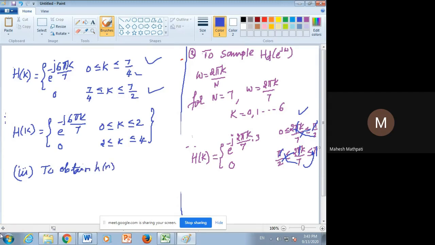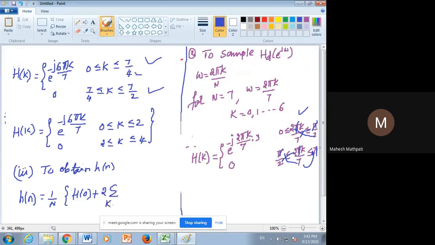What is the formula we are having? The formula is h of n equals to 1 by n, h of 0 plus 2 into